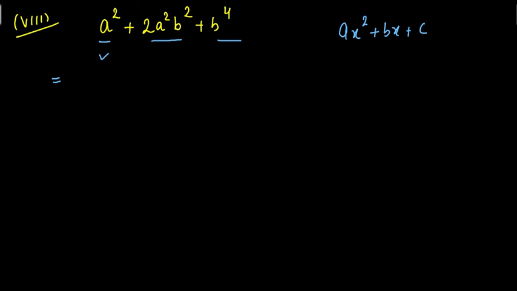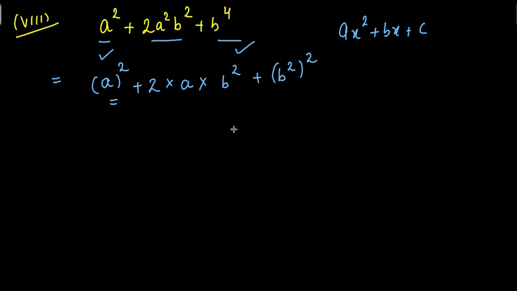So if you see, your first term is a perfect square, your c term is also a perfect square. So I can write it as a square, this plus sign as it is. B raised to the power 4 can be written as b square whole square, right? Now what is my middle term? Plus 2ab. What is my a here? A into b is how much? B square. So I'm getting this much, right? So if you multiply it, you are getting 2ab square. Maybe I have copied a little bit wrong.